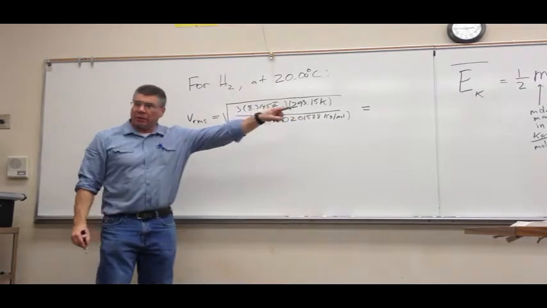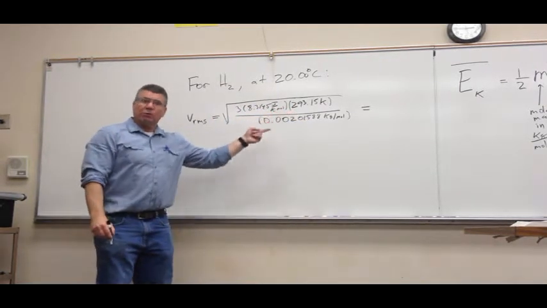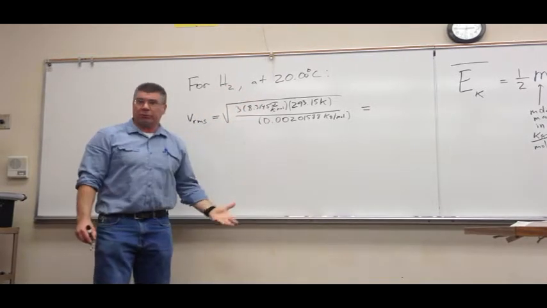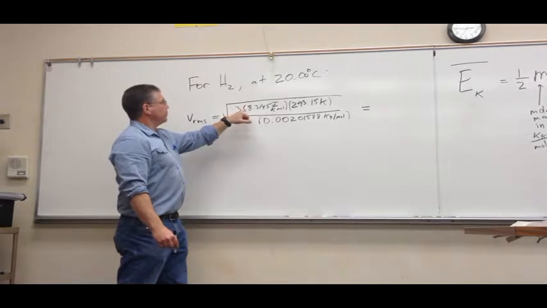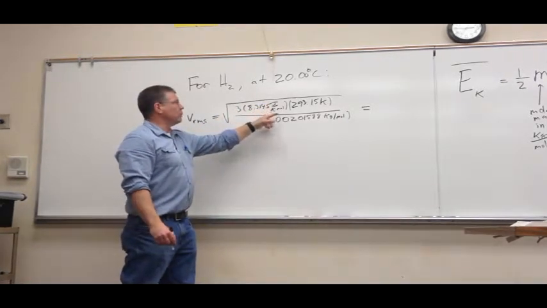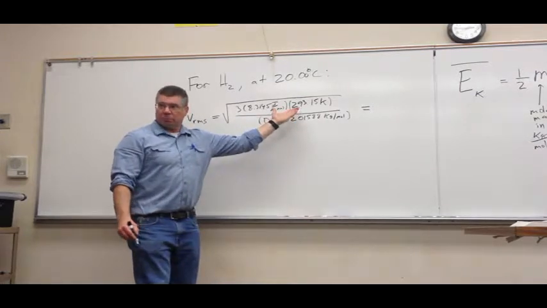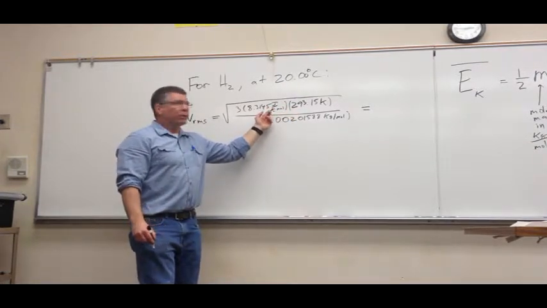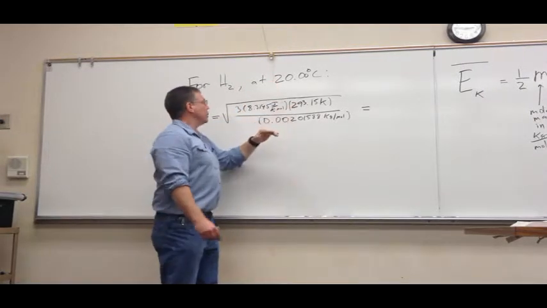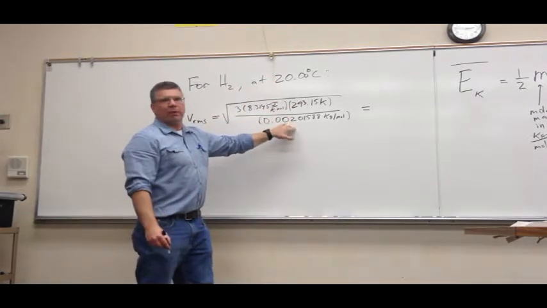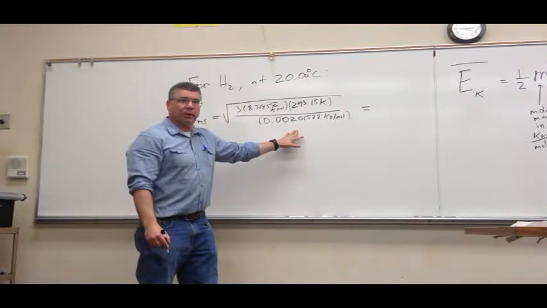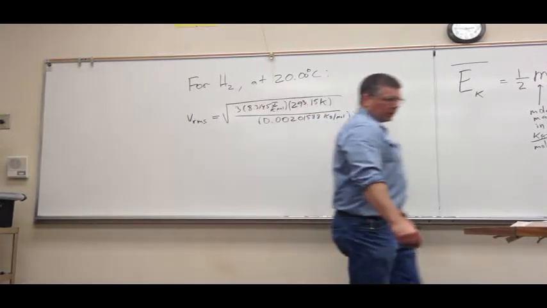So I'm plugging into that equation for the root mean square speed, specifically for hydrogen gas at 20 Celsius, about room temperature. 3 times R, remember, is 8.3145 joules per Kelvin mole. Temperature has to be in Kelvin, so I just added 273.15 to that. And this, I already showed you before, is the molar mass in kilograms per mole for hydrogen gas. And we get